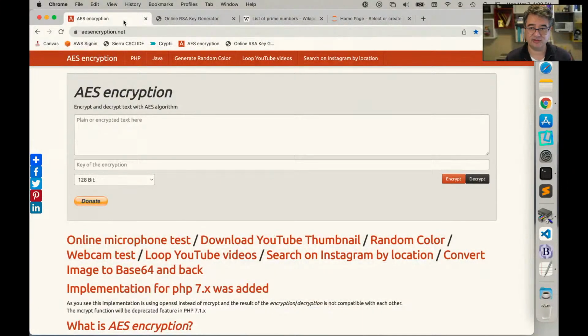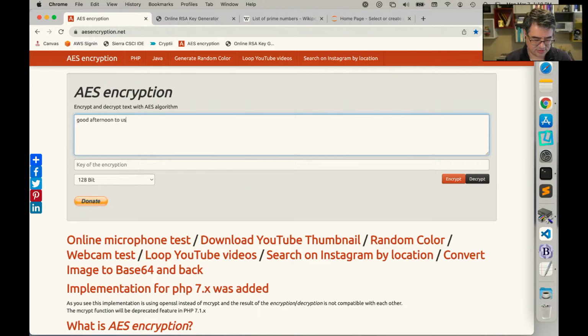So let me do a quick little demonstration of AES. I found this website online called aesencryption.net, which is basically a quick little demo of AES encryption. You just type in some text up here. You can say like, good afternoon,